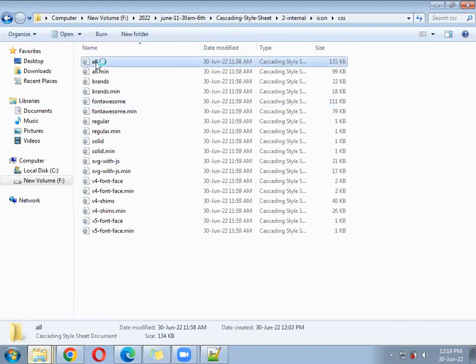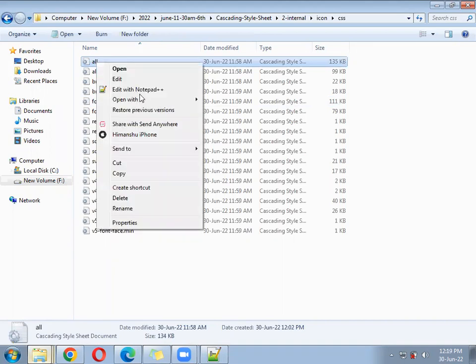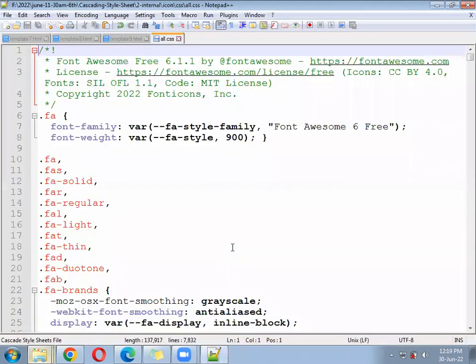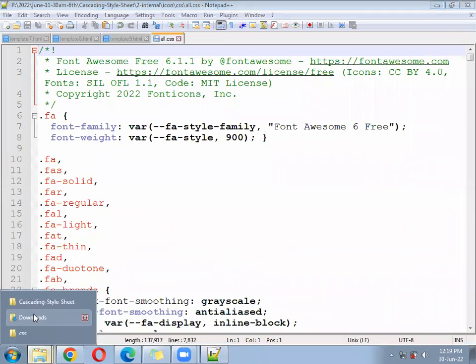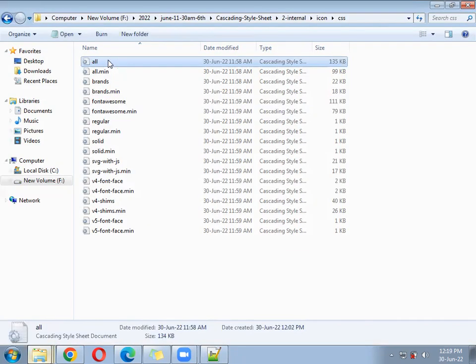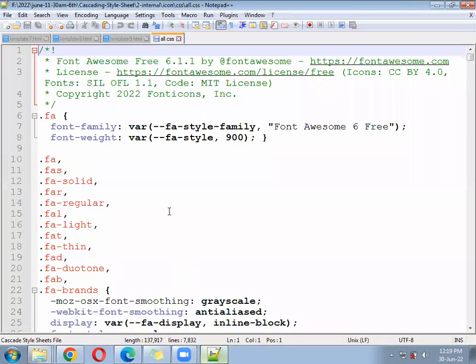Inside the CSS folder, there is a file called all.css. Open that file. After coming to all.css, you can see there is a class called